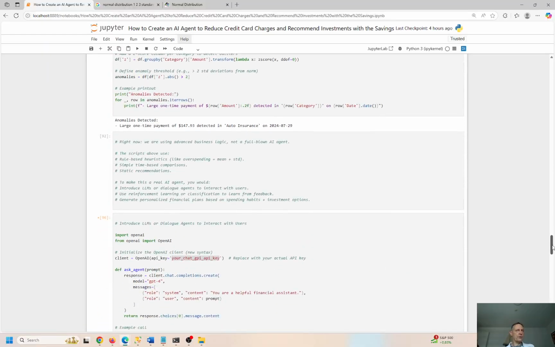And that's all well and good. But I think we can do a much better job by using AI agents and leveraging these agents and giving them a very general guideline or very general instructions, or actually just asking a basic question. So I want the AI agent to look at the historical spend on my credit cards, look at this time series data that I feed into it, and you tell me what's going on. Okay. So before I was doing a lot of work, using a lot of brain power.